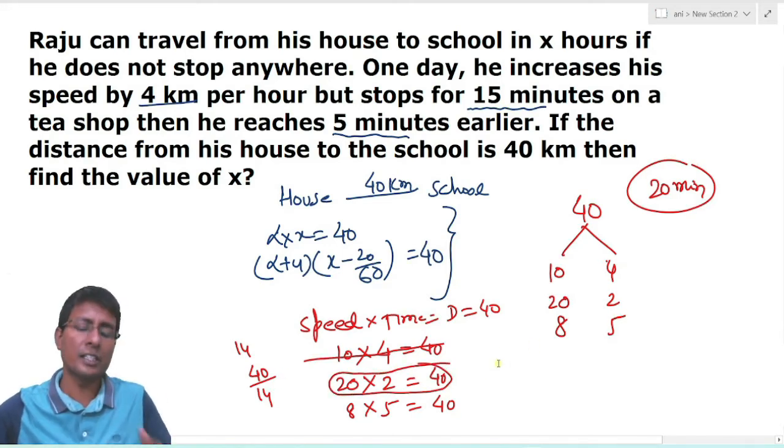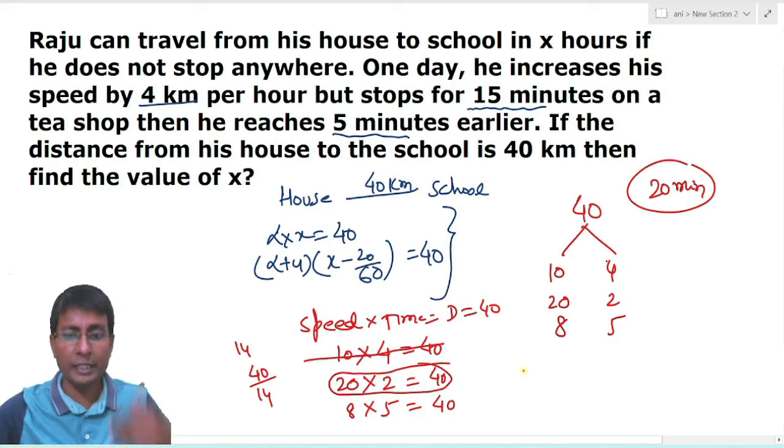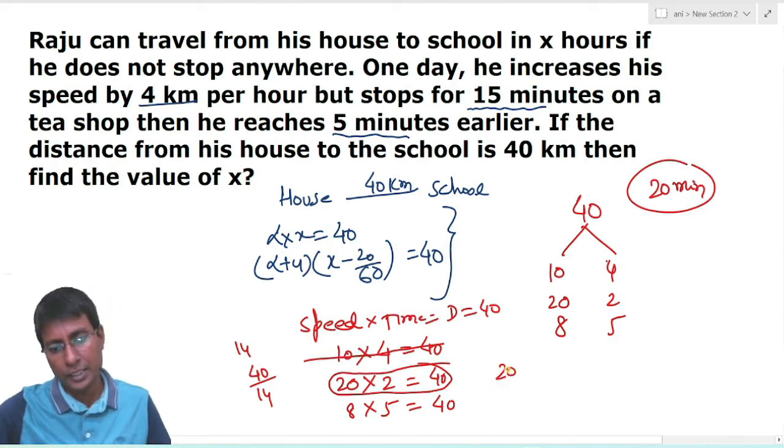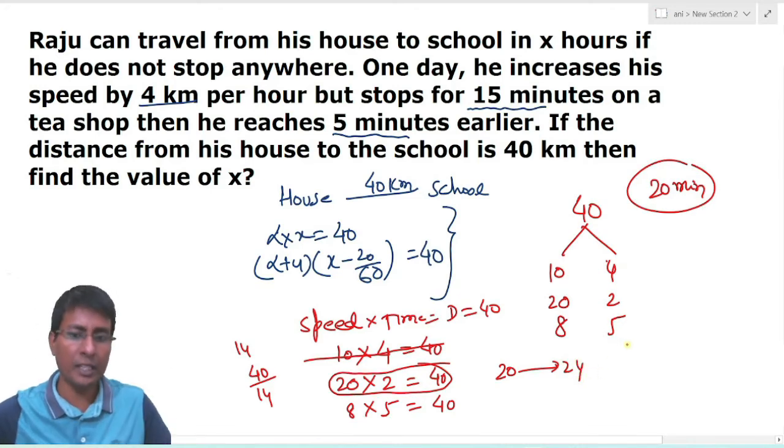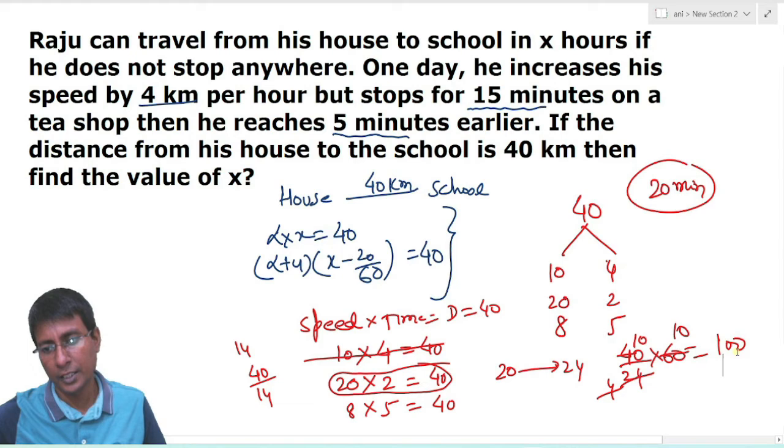Let's say his initial speed was 20 km per hour and he was taking 2 hours to travel 40 km. Now what would be the effective speed? Increased speed, speed must be changed from 20 to 24. So what would be the timing in that case? The time should be 40 divided by 24, into 60 to change into minutes. 6 4s are 24, 6 10s and 4 10s. So the timing should be 100 minutes. So you can say 1 hour and 40 minutes.